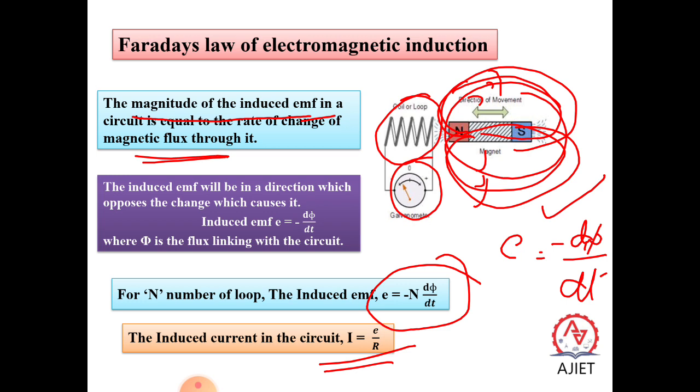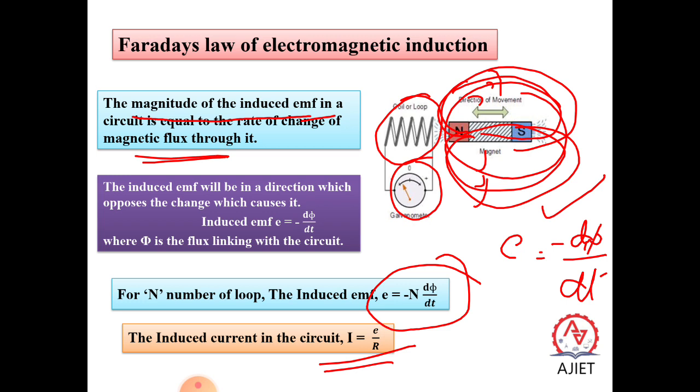As a result, the current produced in the coil is given by I is equal to E by R. So this is actually called Faraday's law of electromagnetic induction. The equation tells you how much current is induced in the wire loop depending on how fast the magnetic flux is changing in time, whether due to the loop moving or the magnetic field changing, etc.